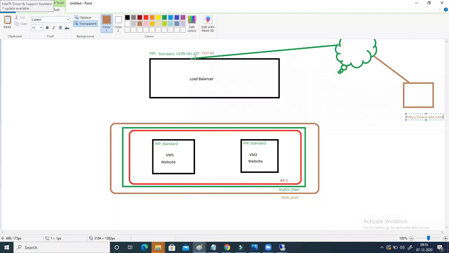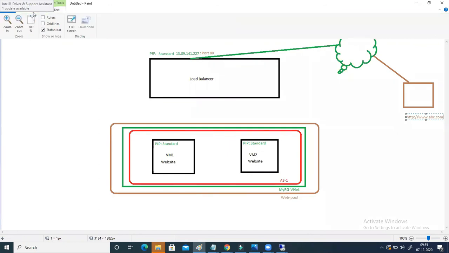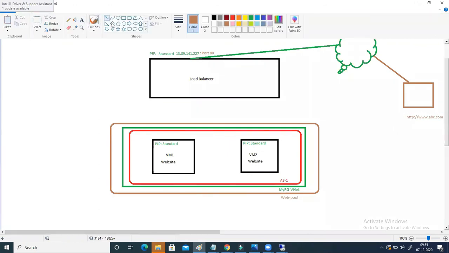Correct? So when it hits port 80 on this public IP address, what will happen next? In this rule, I am saying redirect it to the backend pool, that is the web pool here. And what is there inside the web pool? I have two targets, VM1 and VM2. So next is redirect it to the web pool.